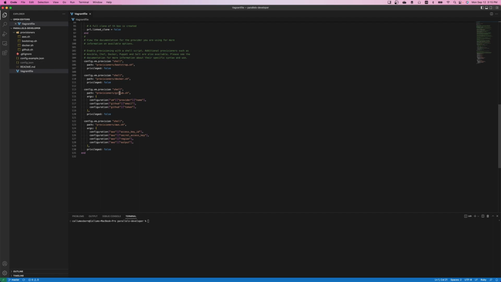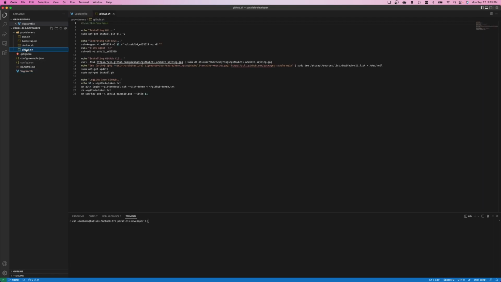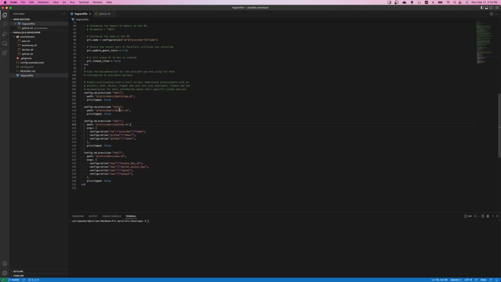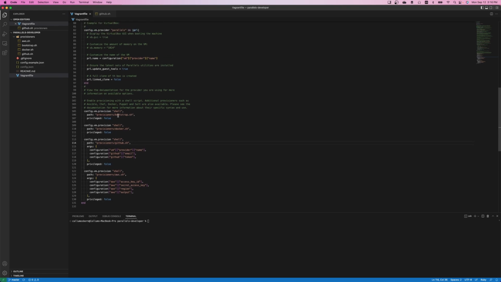So for example, let's go to the GitHub one. So in this one, I'll install Git, I'll generate SSH keys for the machine, I'll install the GitHub CLI, and then I'll attach the SSH key to the GitHub account. So whenever the Vagrant machine is booted up, I'll have access via the GitHub CLI to my account. And there's a few others here as well, as in installing Docker, installing AWS, and then just some general stuff